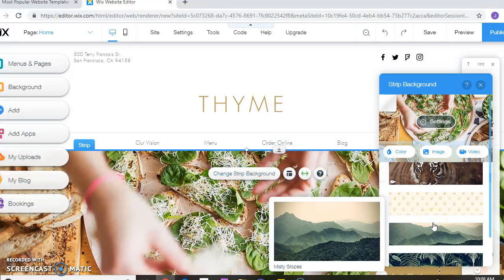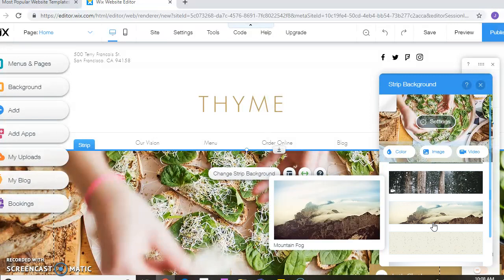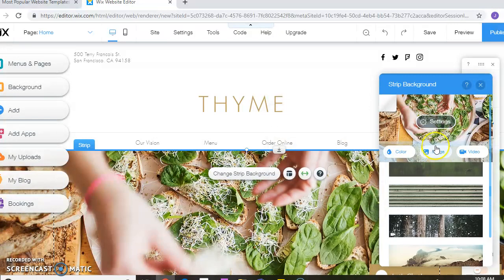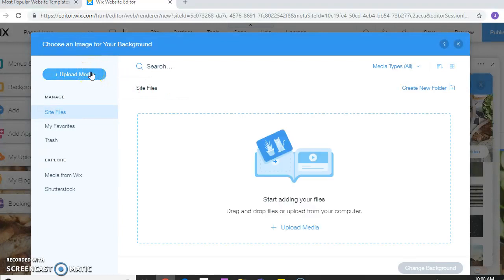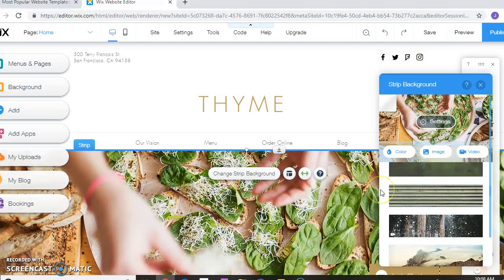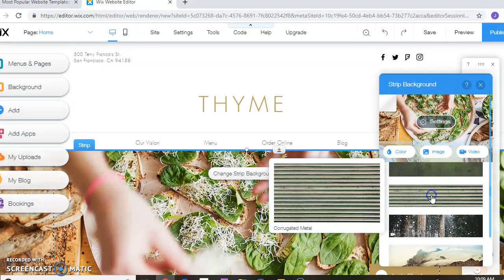And it gives you a whole bunch of options you can use. If you don't find anything you like, click on this button here, image, and you're able to upload your own media. So if there's any photos, any graphics, any pictures that you've found that you want to use, then you can upload it that way, and that way you have access to it through the editor and you can upload it yourself. Now I'll just choose something like that,